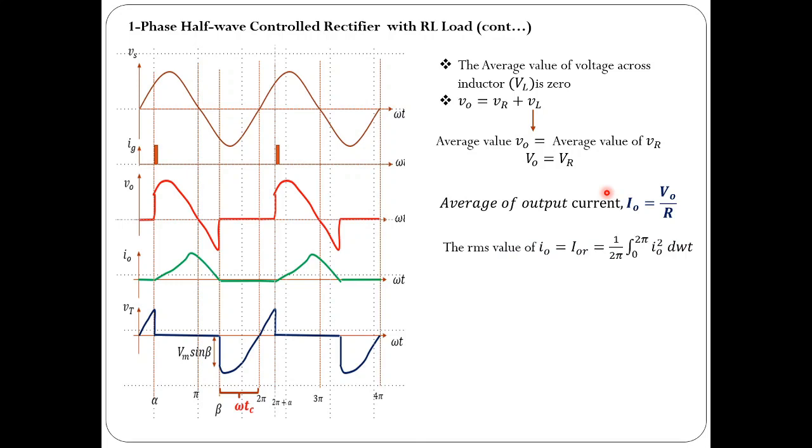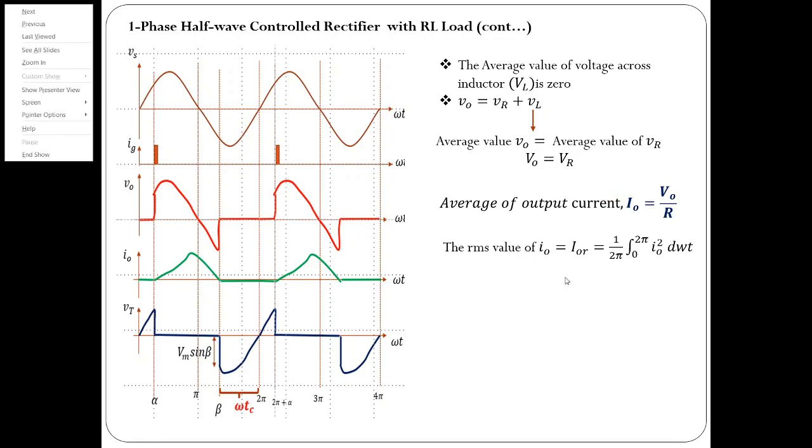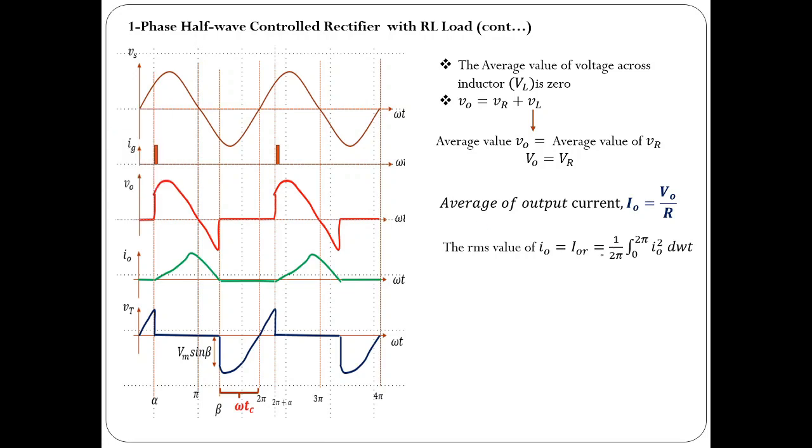And coming to the RMS value, it is not that easy. Firstly you have to consider the I0 wave shape, then consider this area, then you have to take the mean and apply the square root, which is somewhat difficult. The same concept used for the average value cannot be applied unless the current is constant. That is not possible in this case.